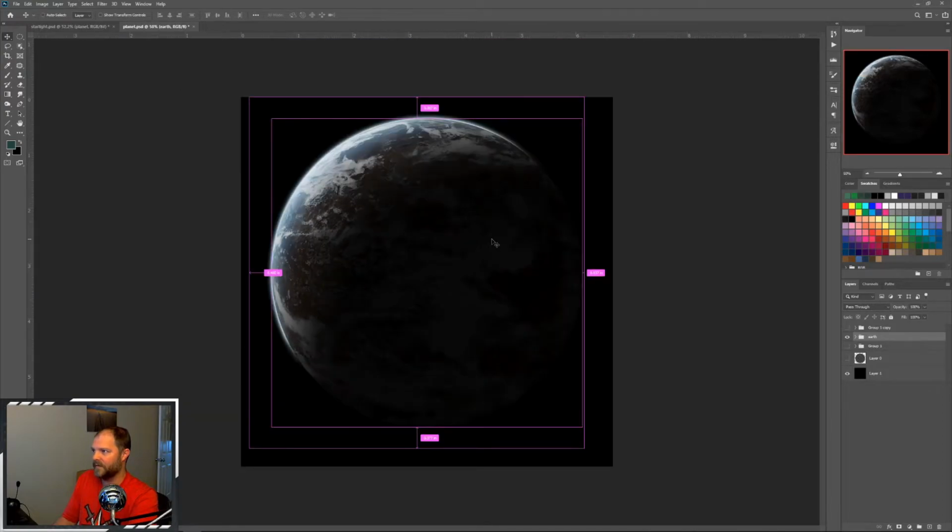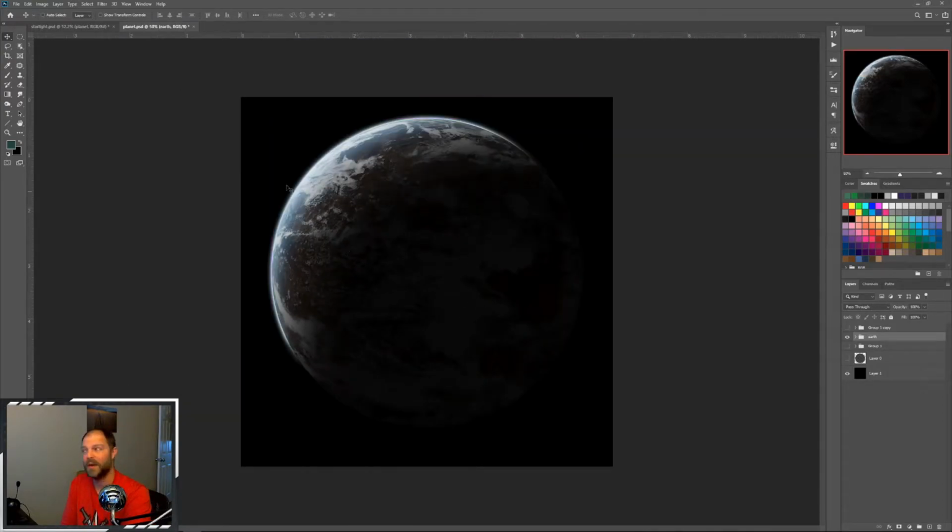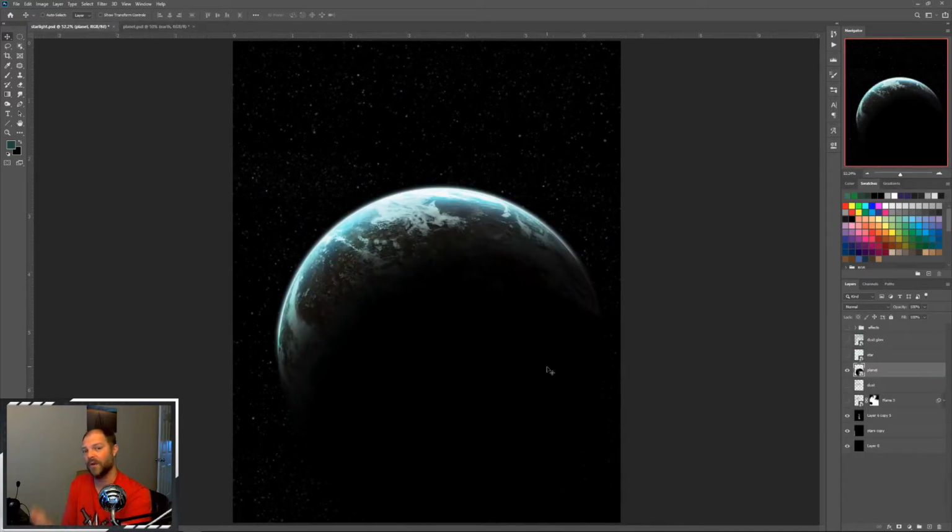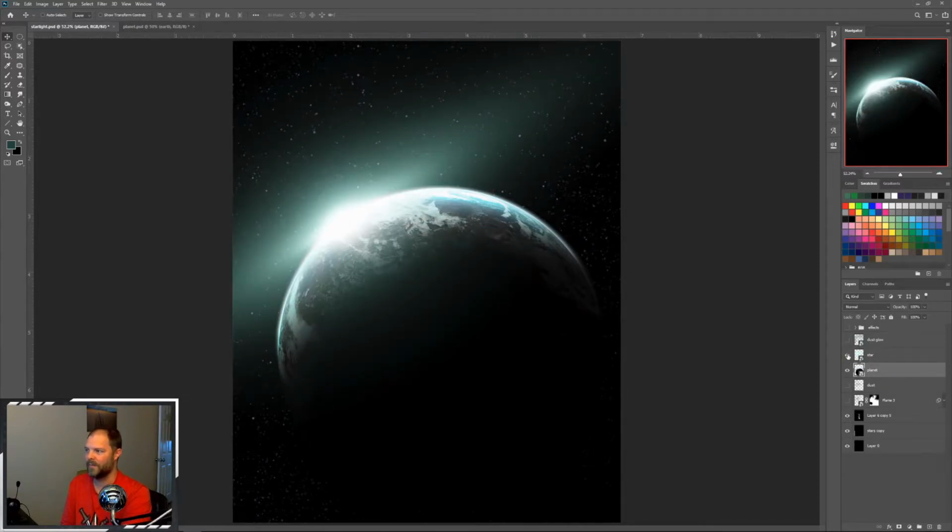And for a lot of scenes, that's a great thing. But the way that I've constructed this, I'm able to bring it in here and I can darken that shadow if I need to. So I've done that. And in doing so, I'm able to add this star in here and really give it that punchy effect that I like. So we've added the star here, and again, this star is actually a couple different layers,